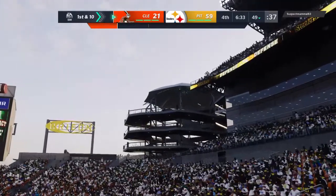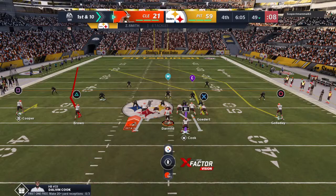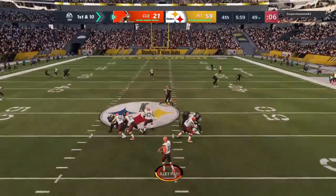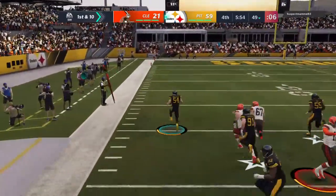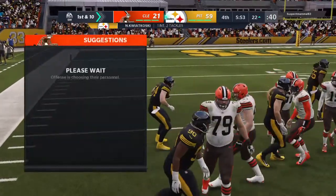Complete to Dallas Goedert. That'll move the sticks for the Browns, a gain of 12. First down. 2 first downs have him up near midfield now on 1st and 10. And his pass is intercepted for the 4th time today. Picked by Nick Kwiatkowski. The utter domination here just